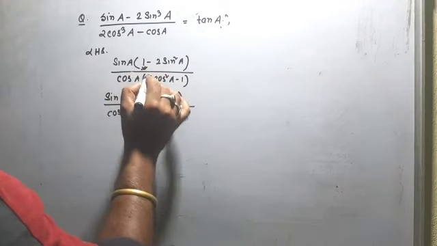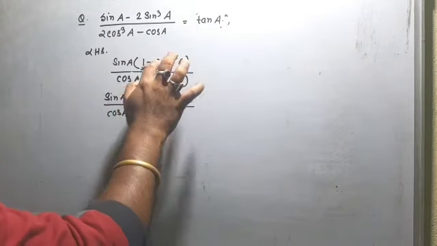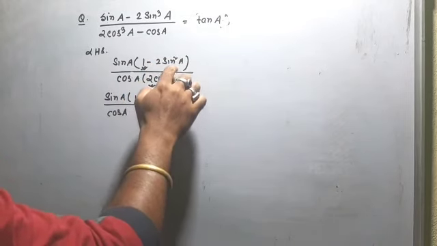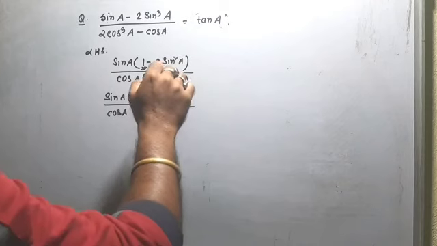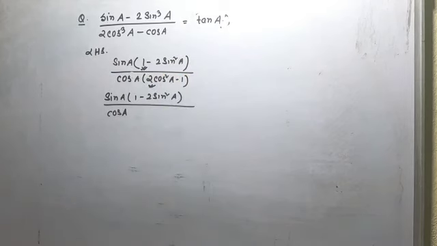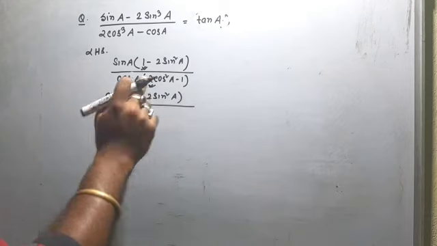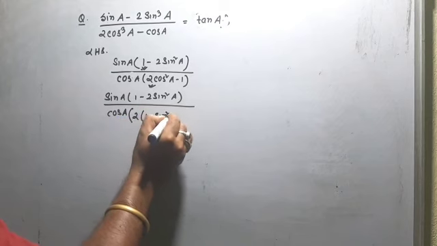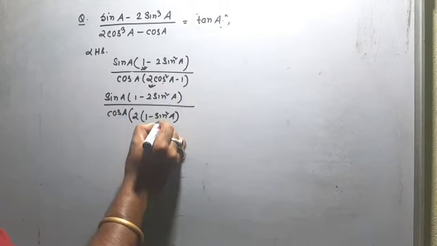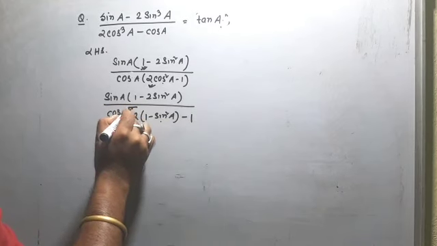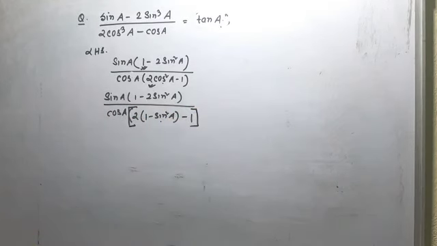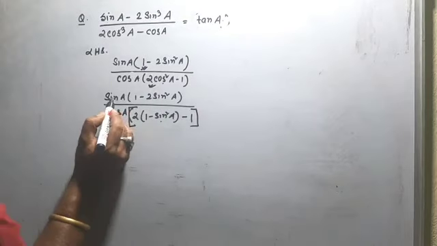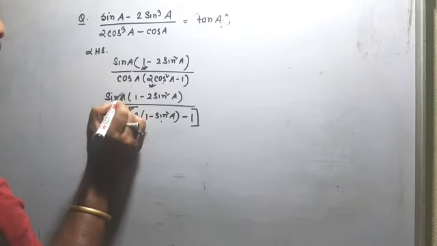That is my target. So this is always remaining sin a by cos a. You have to try to make these two variables the same, then numerator and denominator cancel. So 1 minus 2 sin square is remaining, and here this cos square I change. See, 2 and cos square means 1 minus sin square a. Just cos square I change, and minus 1. So use this square bracket. Clear?